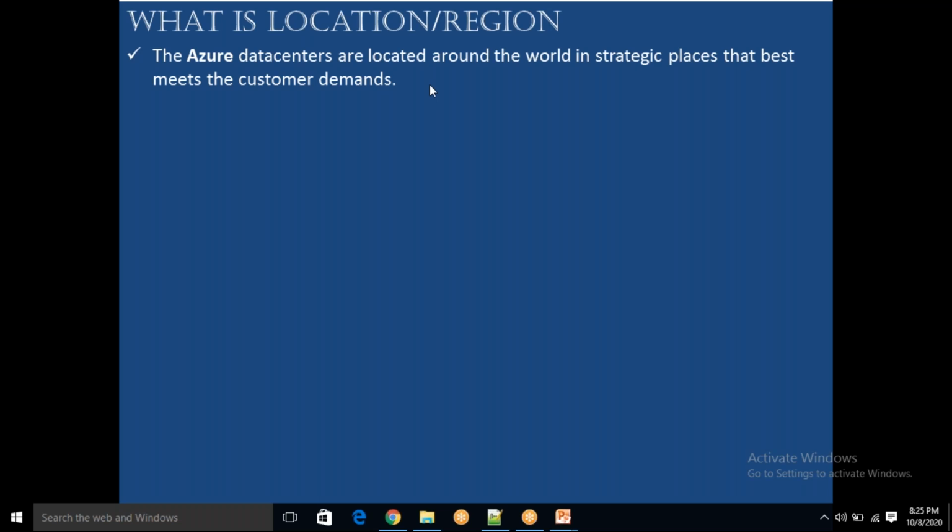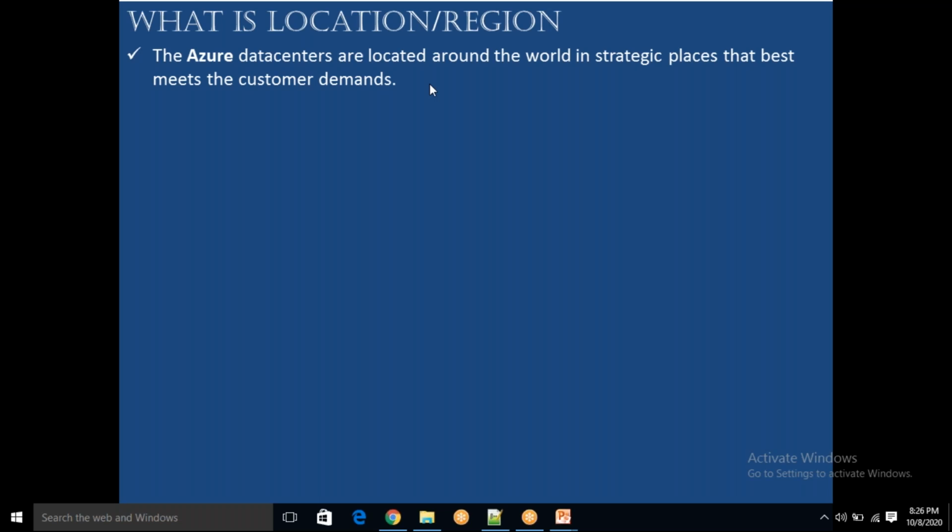In the same way, whatever servers we are accessing are virtual machines. Virtually we are able to see them, but we are not able to see the physical system. That physical system is available in some data center.